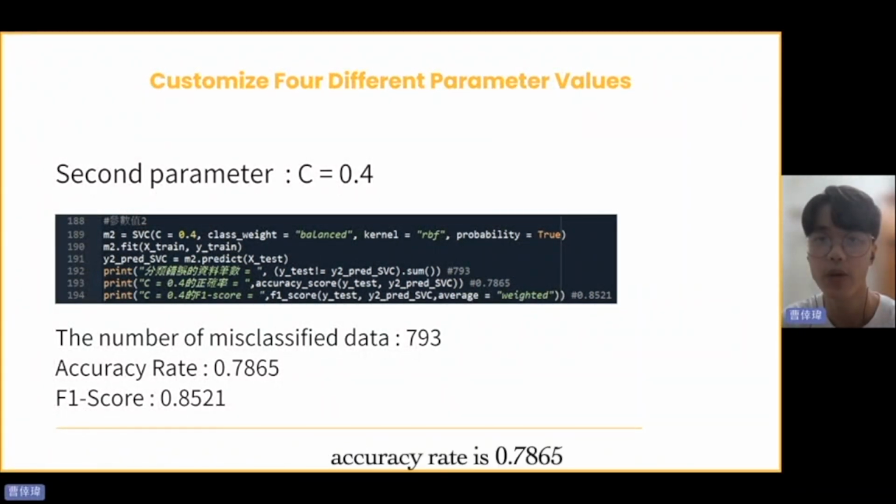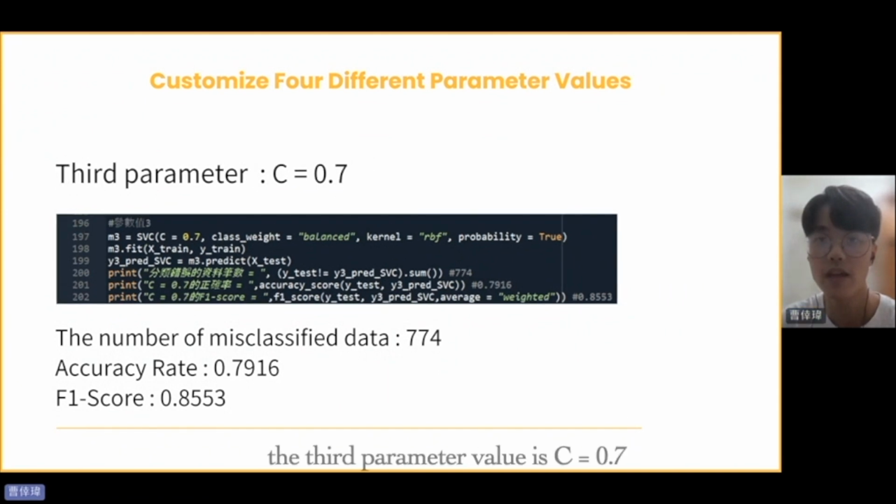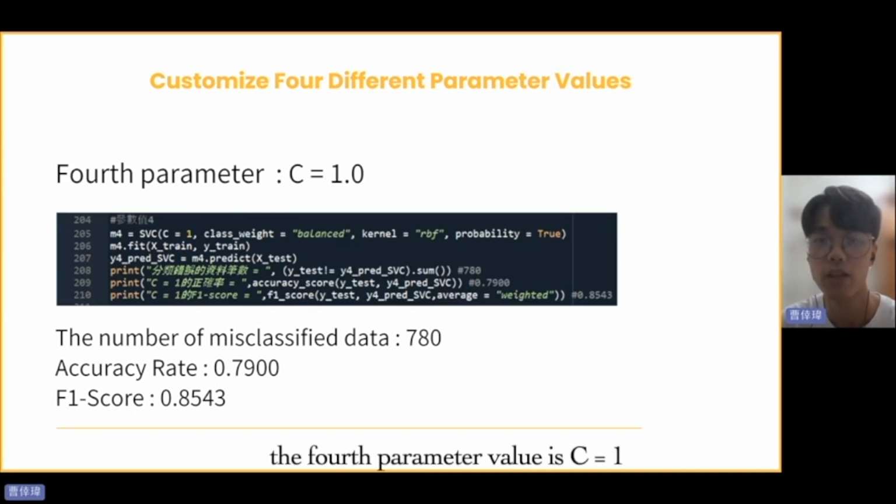The second parameter value is C equals 0.4. Accuracy rate is 0.7865. The third parameter value is C equals 0.7. Accuracy rate is 0.7916. The fourth parameter value is C equals 1. Accuracy rate is 0.79. After building these 4 models, we want to find the best model rather than randomly select